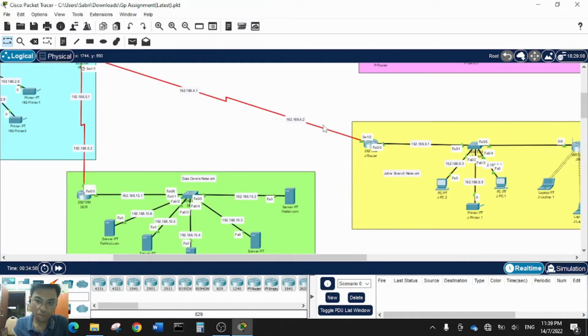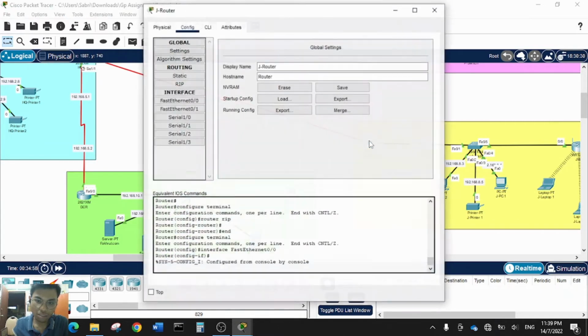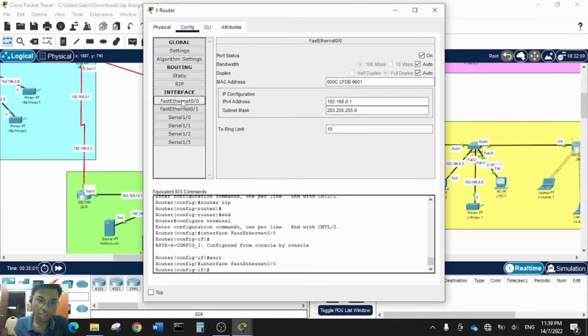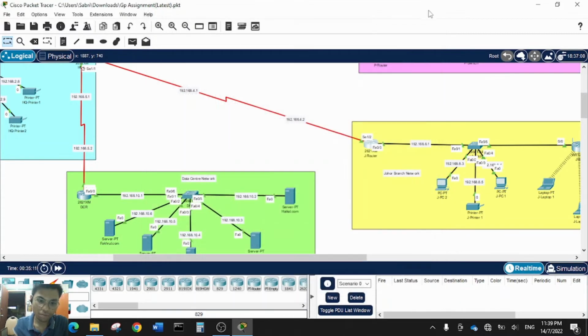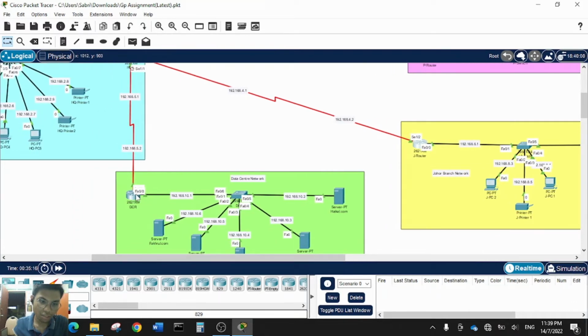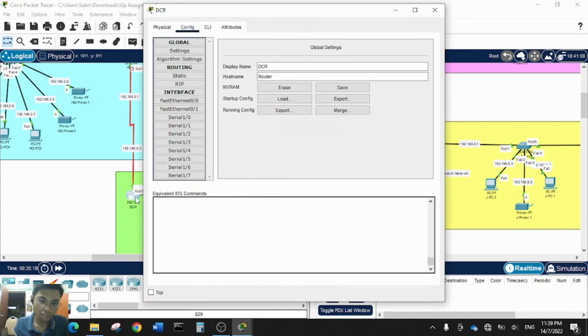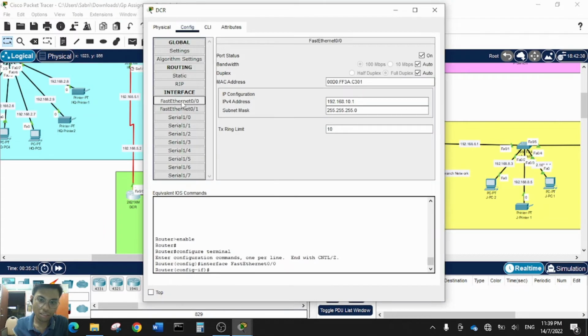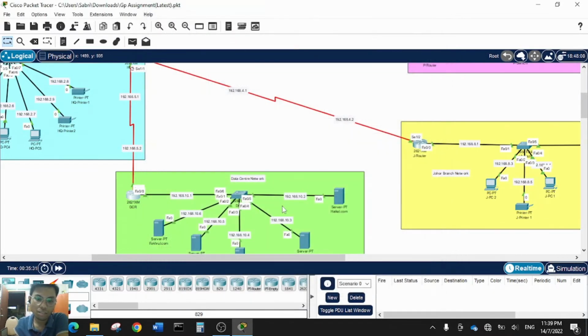So after that we go to Johor branch network. We set up the router using the IP address 192.168.8.1. So for the data center network, the IP address for the router is 192.168.10.1. So we are going back to